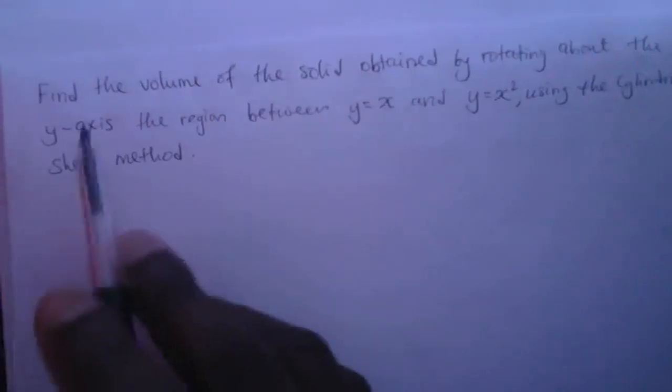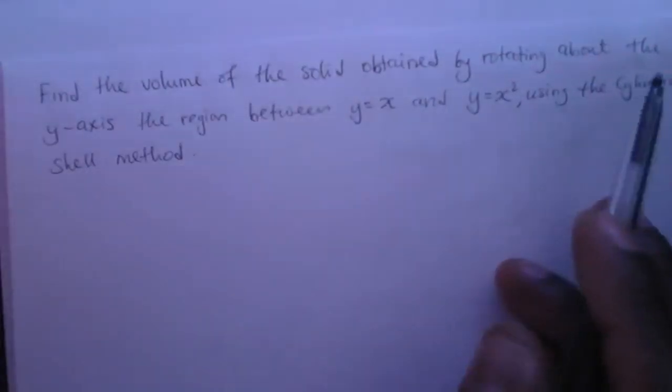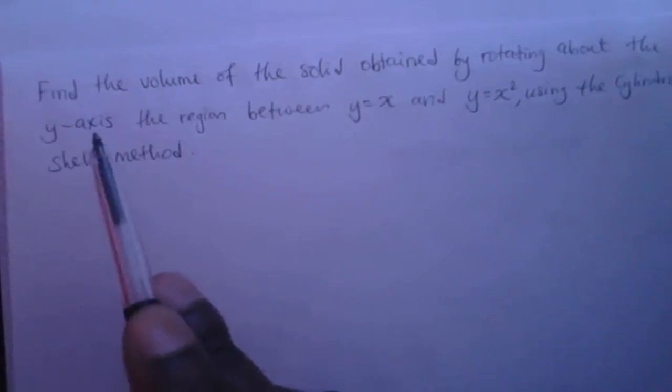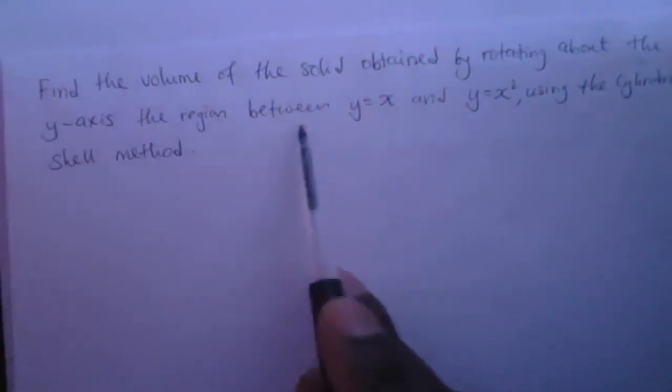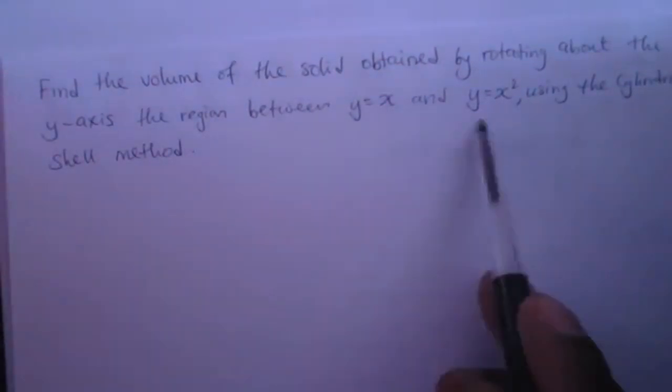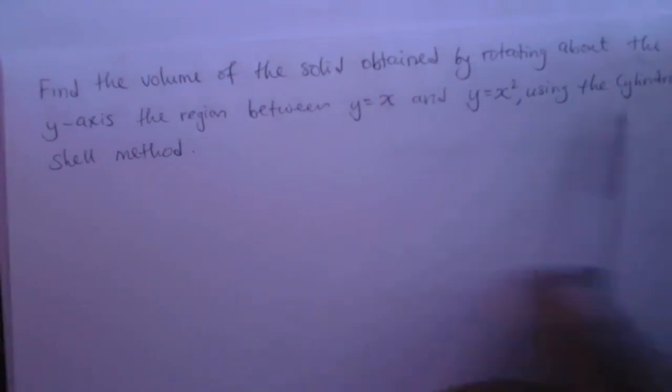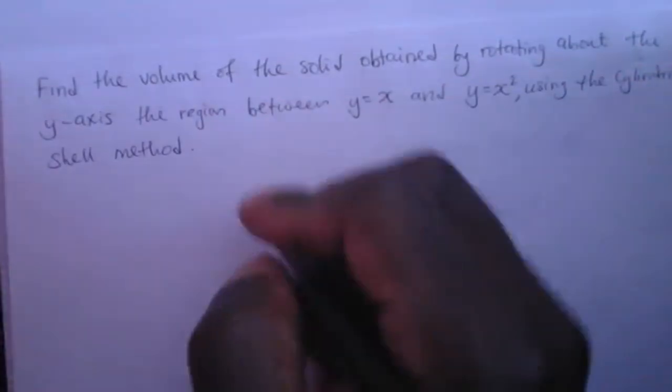Right, we need to find the volume of the solid obtained by rotating about the y-axis. So this time it's about the y-axis, the region between y equals x and y equals x squared. Now we're using the cylindrical shell method. Alright, so if we sketch this quickly,